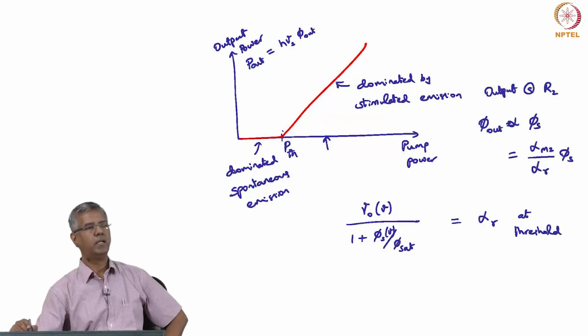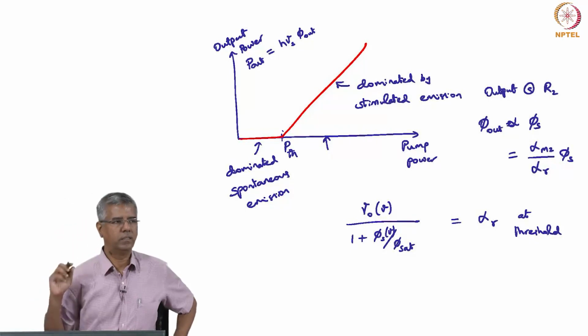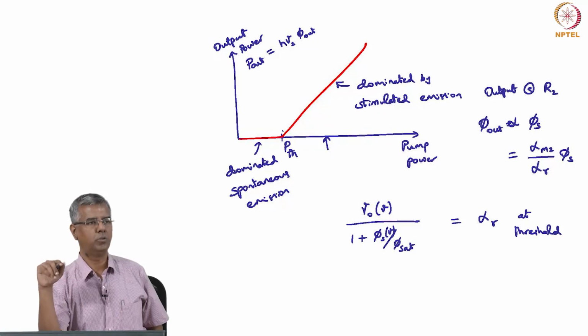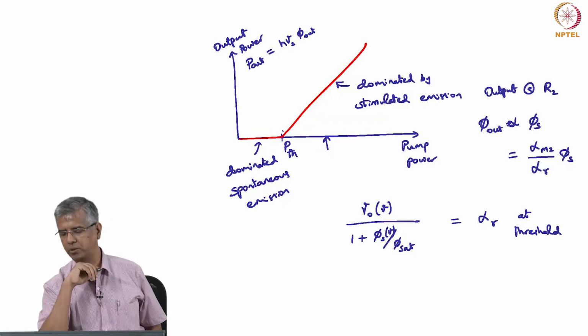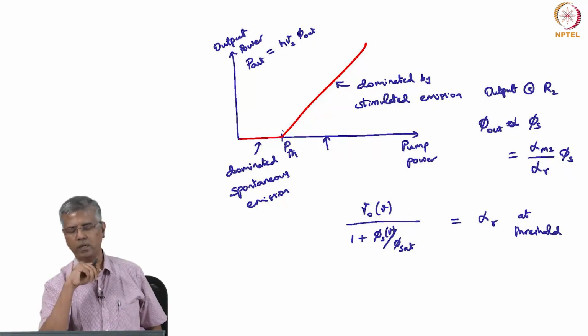You understand that? So, we are tracking only the fraction of photons that are coming through mirror 2, which has a reflectivity R2, right. So, a fraction of that loss compared to the overall loss in the cavity is what we see coming out